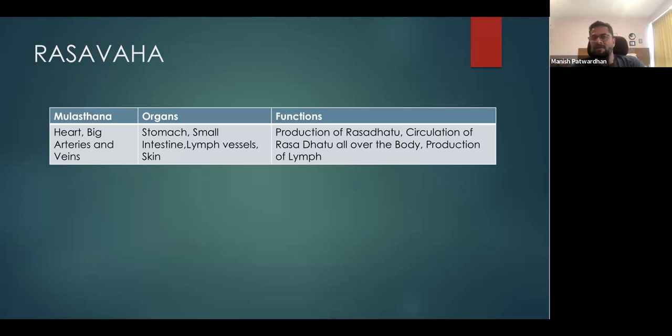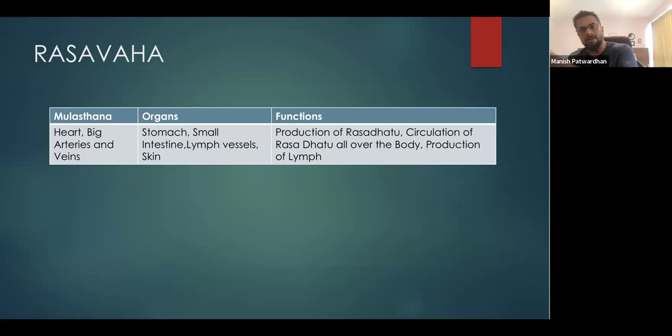Once this formation is done, once the rasa dhatu is formed from the ahara rasa. Like for example, today you have had coconut water to drink. Now, coconut water is nourishing to the rasa dhatu. So the ahara rasa that is formed from that, the nutrient fluid, goes to the heart. It is acted upon by the rasa dhatu agni. The coconut water component that you have consumed will be converted into rasa dhatu. This rasa dhatu will nourish the rasa dhatu that is already present in the body.